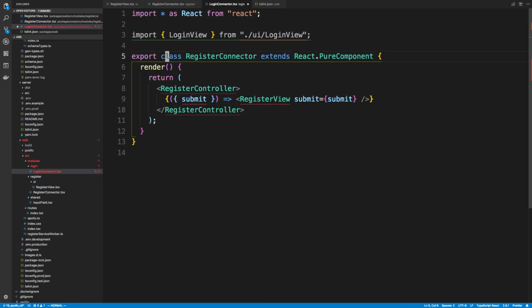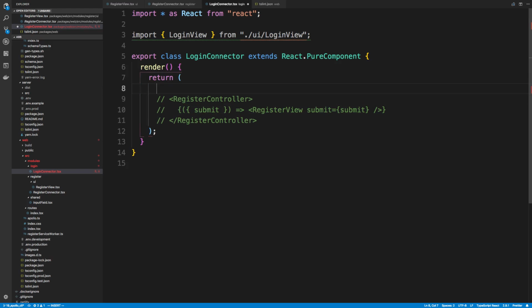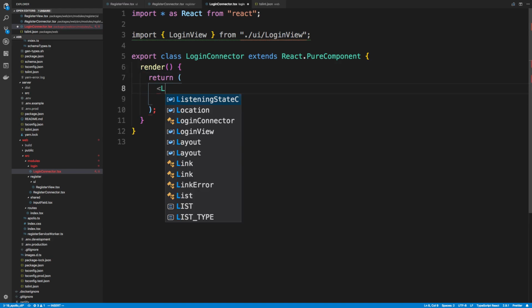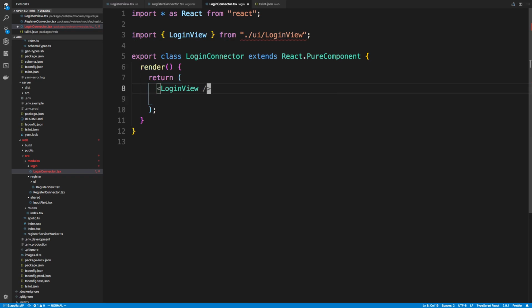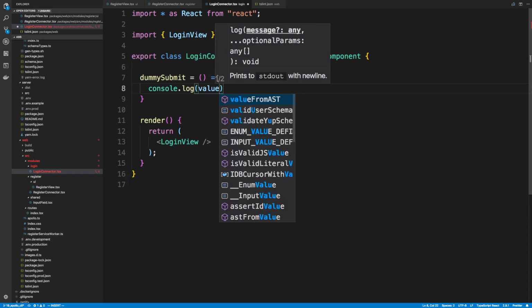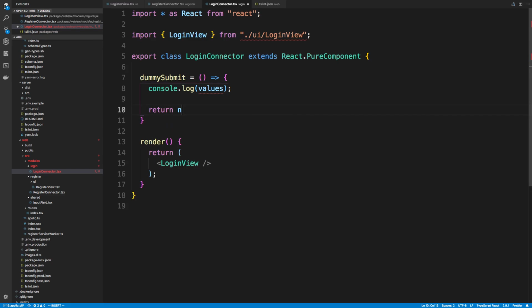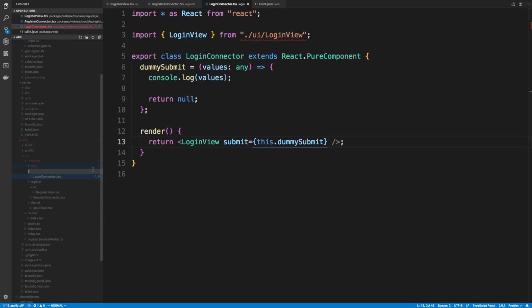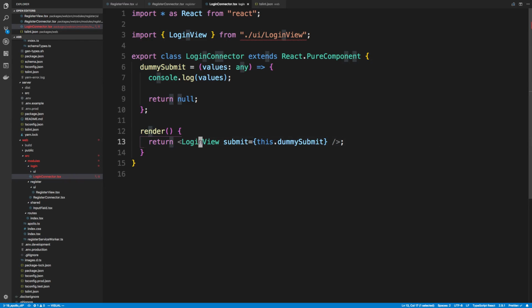We don't need this comment anymore. Login connector, and for now we're just going to render the login view, and we'll have our dummy submit, and we'll console.log the values and return null. Alright, and we'll pass that in right here. There we go. Submit this.dummy submit. Alright, so to make a UI folder and actually create this login view,